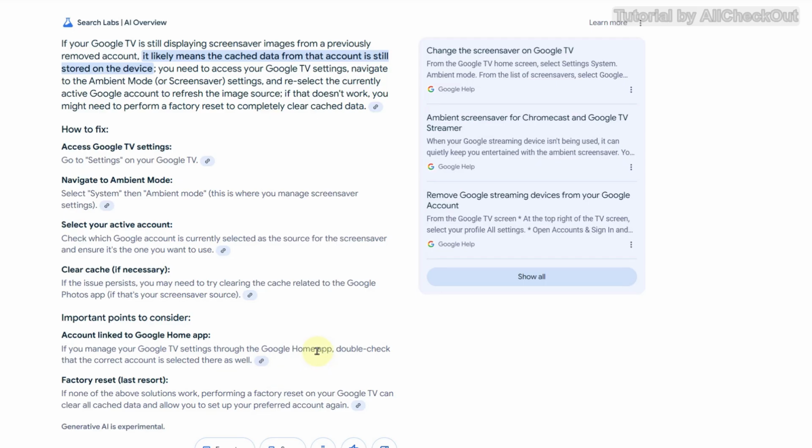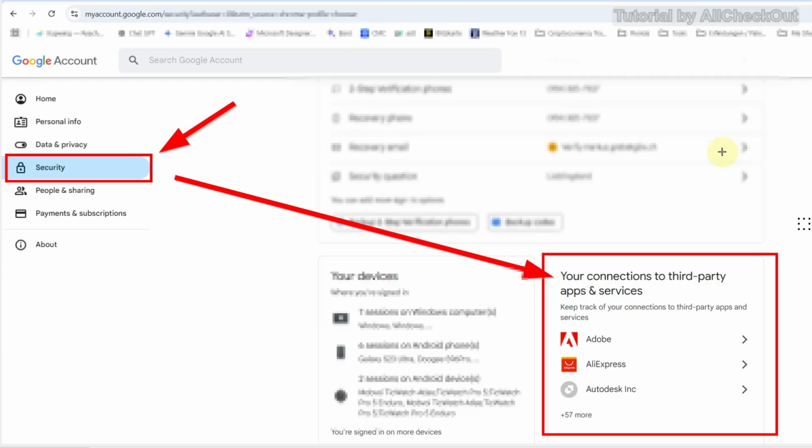But there's actually a much easier solution for that. The thing which you really need to do is not on your TV, it's actually on your Google account. So go to your PC, open a web browser, go to